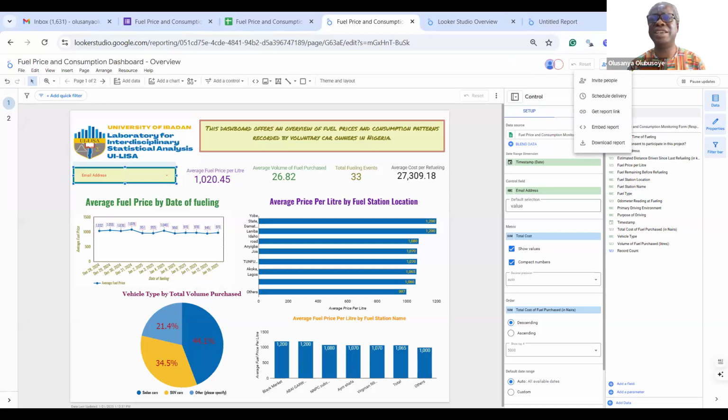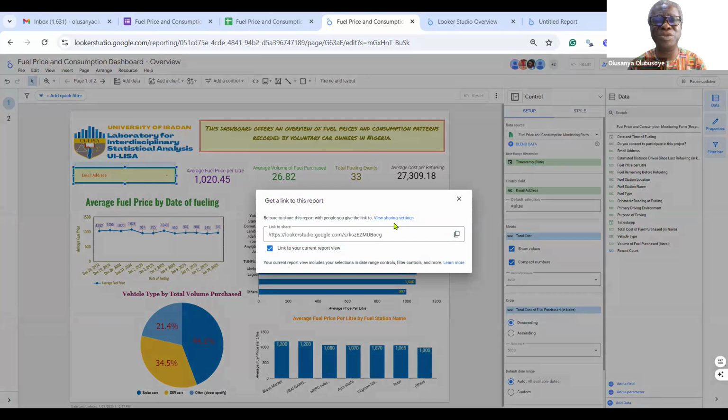So this is the beauty. I can give you the permission. If, for instance, we are working together on a project, I can give you the permission to also edit. If I give you now, you will just corrupt everything. But if we know what we are doing, then we can give the editing permission. So all I need to do is to go to sharing setting and then choose the kind of permission I want to give to those who have access to the link.